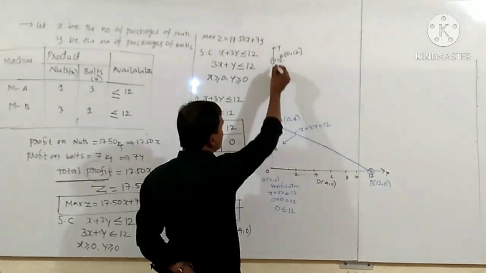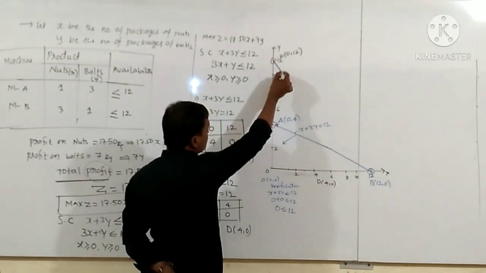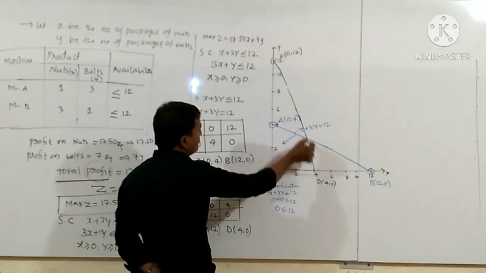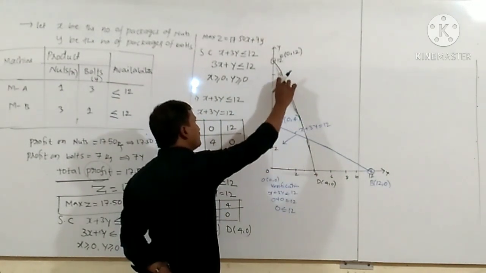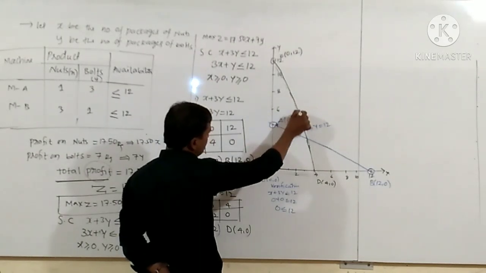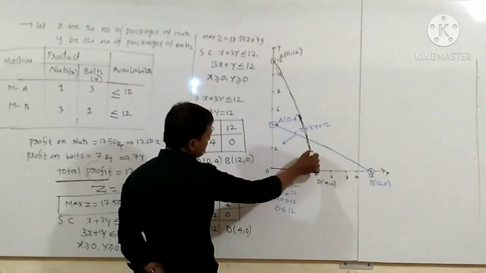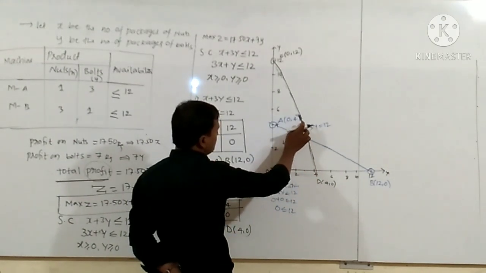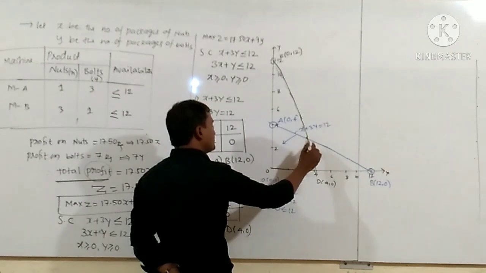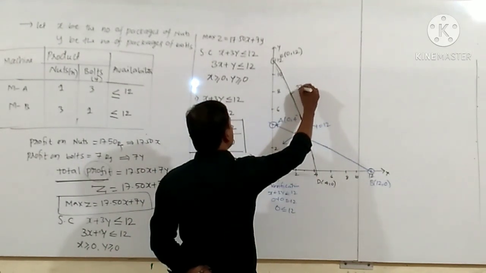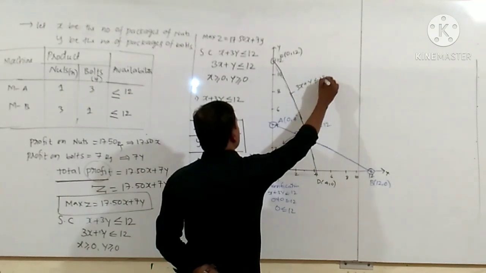Okay, again join these. So again here you are getting a straight line. You should draw a correct straight line by using the scale. Here I am not having a scale, hence we are getting the line like this. What does it represent? Clearly it represents 3x plus y less than or equal to 12.